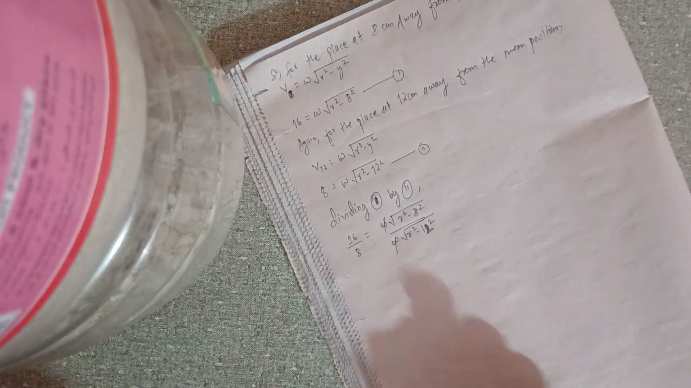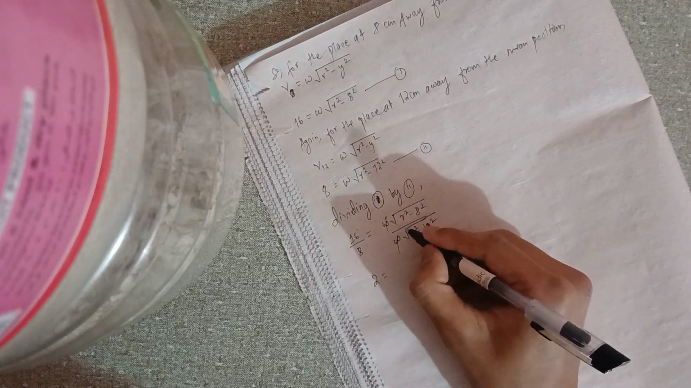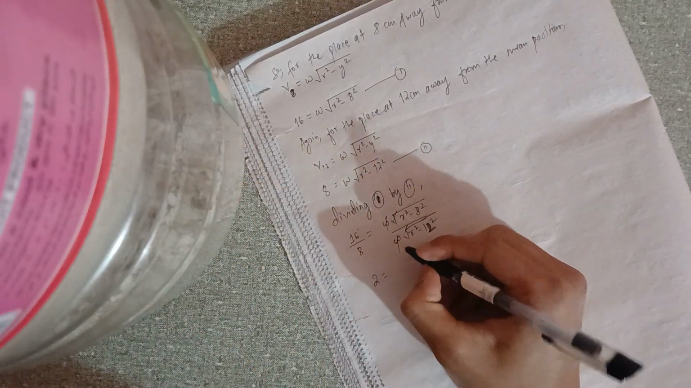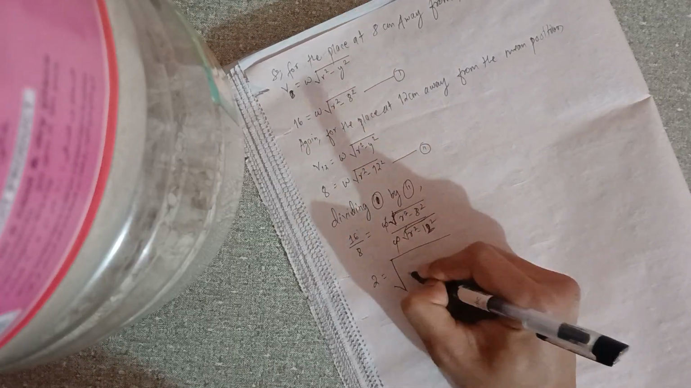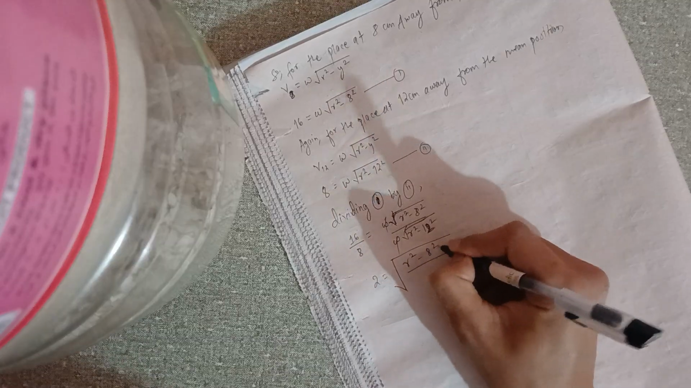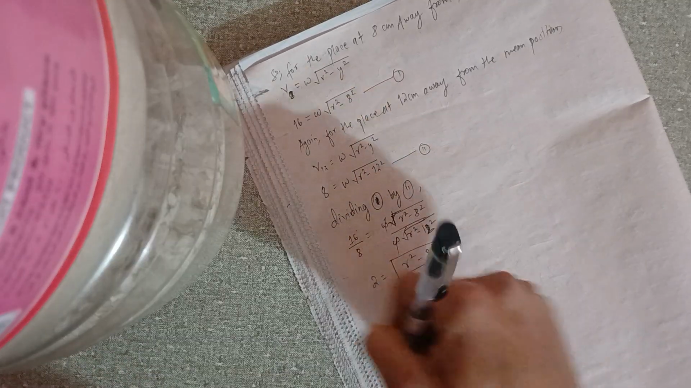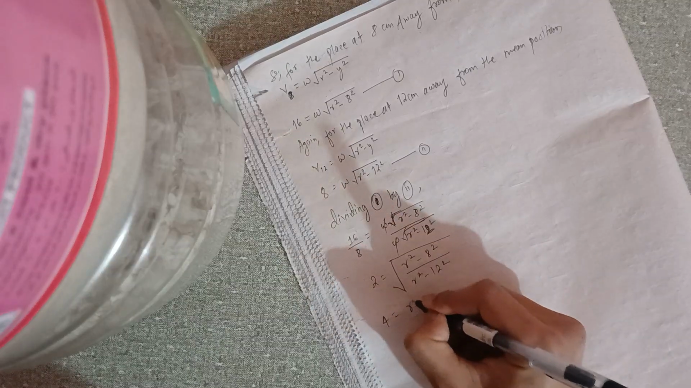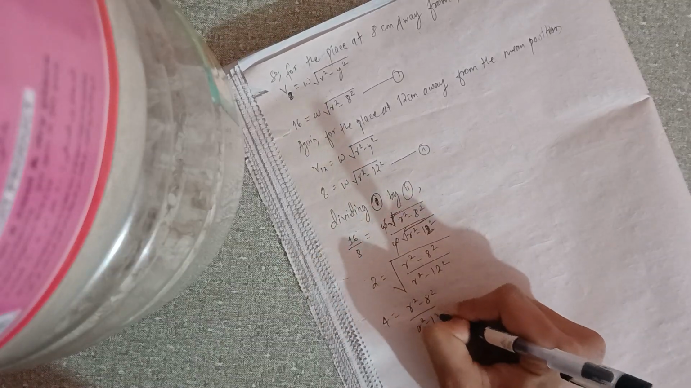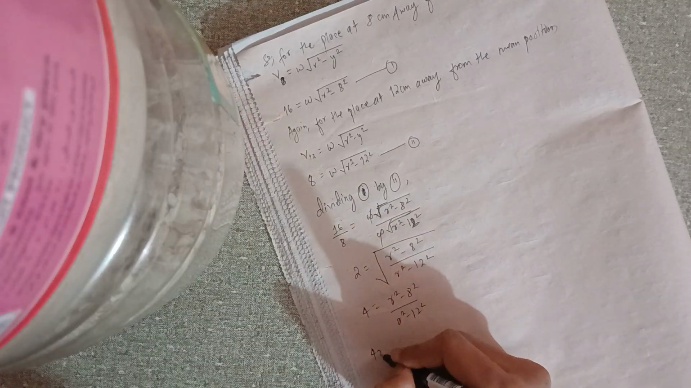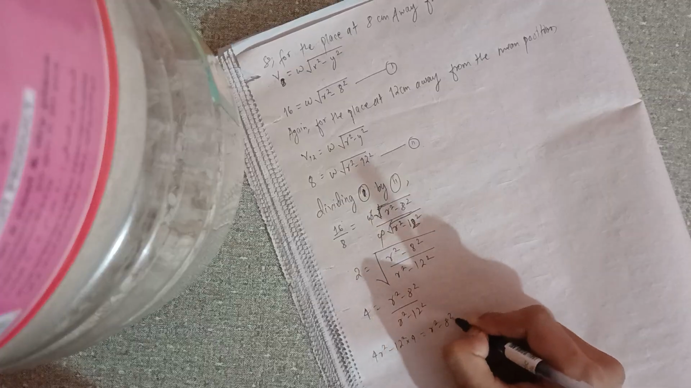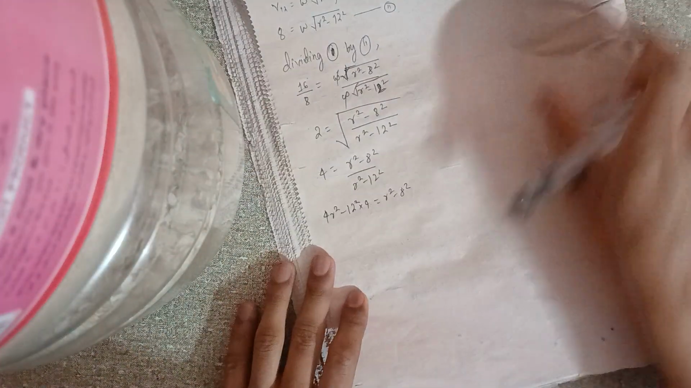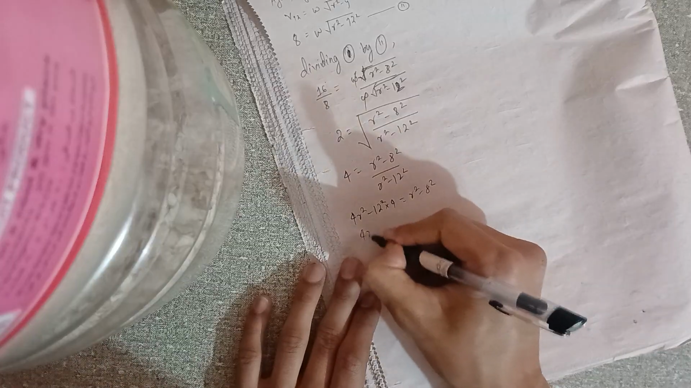So omega gets cancelled off, and this will be 2 equal to the root. Also the root gets cancelled, oh no, it does not, I'm sorry, the root does not get cancelled. It will be root of r square minus 8 square by r square minus 12 square. If we square both sides, then 4 will be equal to r square minus 8 square by r square minus 12 square. So if this goes to the other side, 4 into r square minus 12 square equal to r square minus 8 square. If the other r comes here, then 4r square minus r square will be